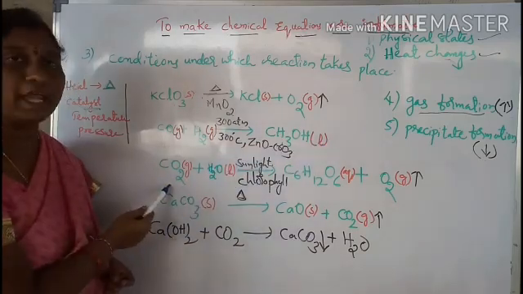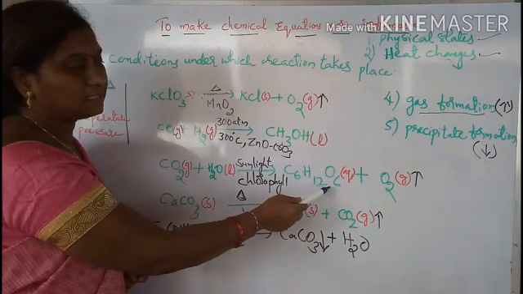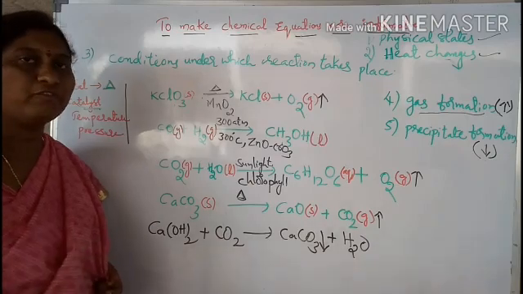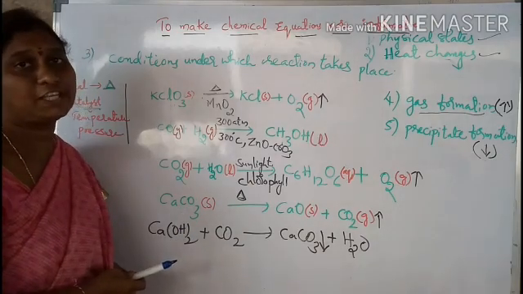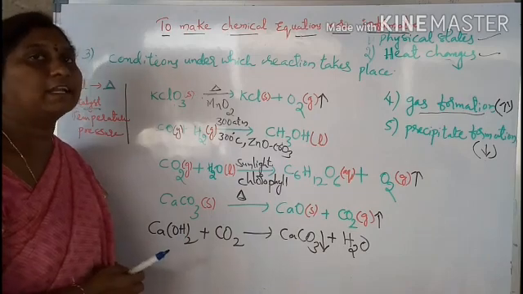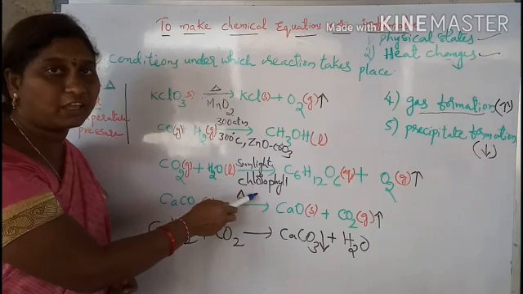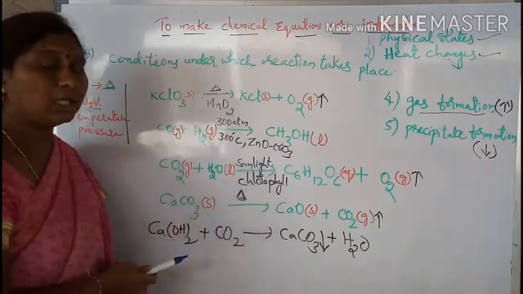And we'll go for one more reaction. Here CO2 plus H2O combines to form C6H12O6 plus O2, which is called the photosynthesis reaction. You are already familiar with this reaction, and this photosynthesis reaction takes place in the presence of sunlight and in the presence of chlorophyll, which is the green pigment. Okay, so this is also shown above and below the arrow.